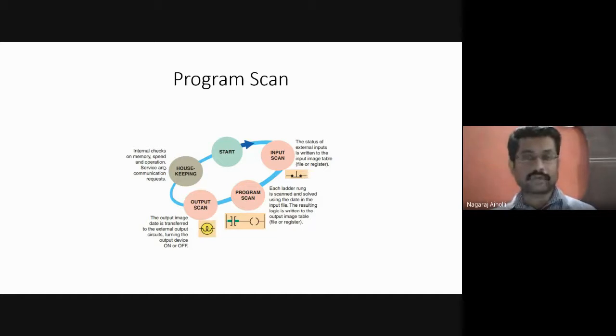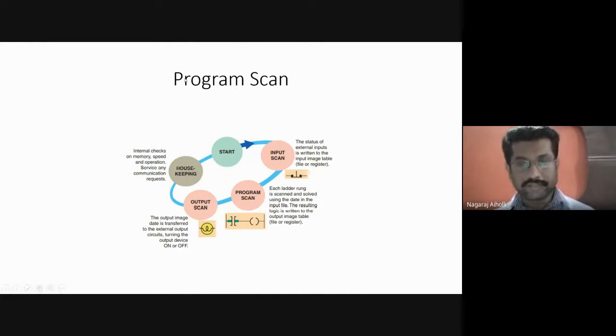It performs the check on the memory and certain speed checks. Or it may be providing service on communication requests, if it is being communicated to the PLCs to perform certain services, then those services are also provided. These all come under the housekeeping duties.